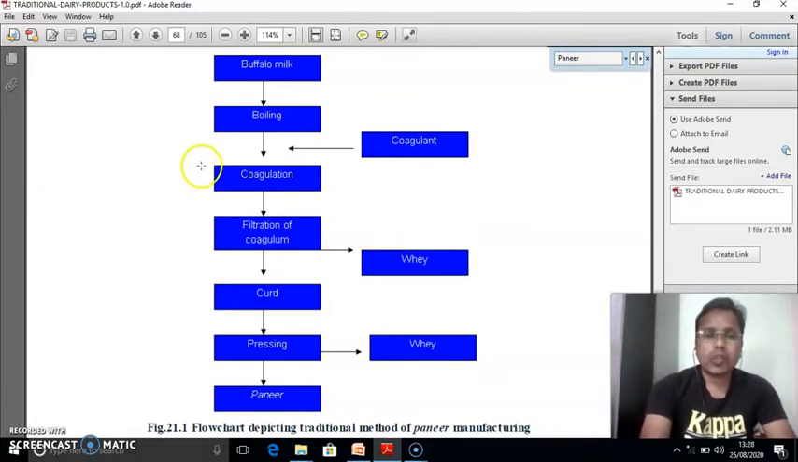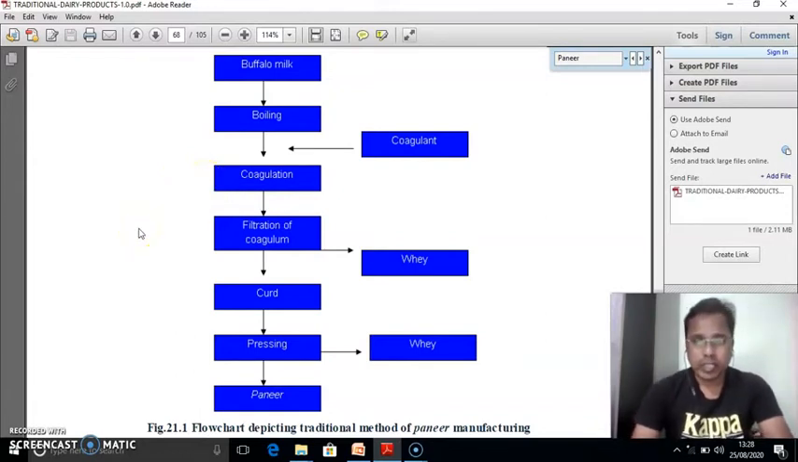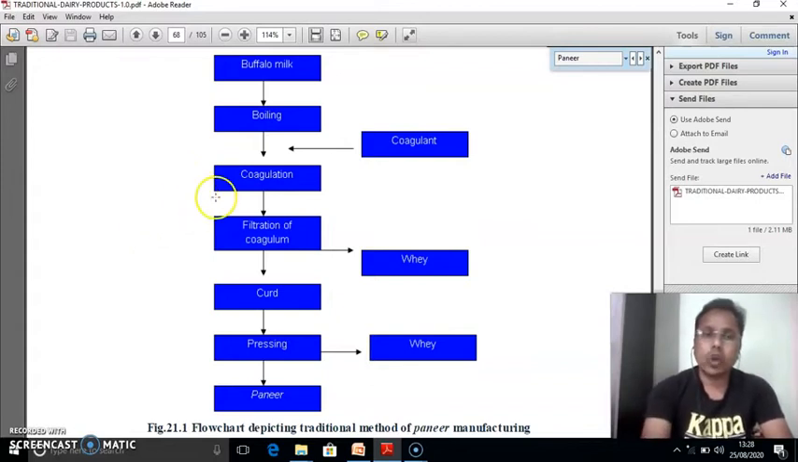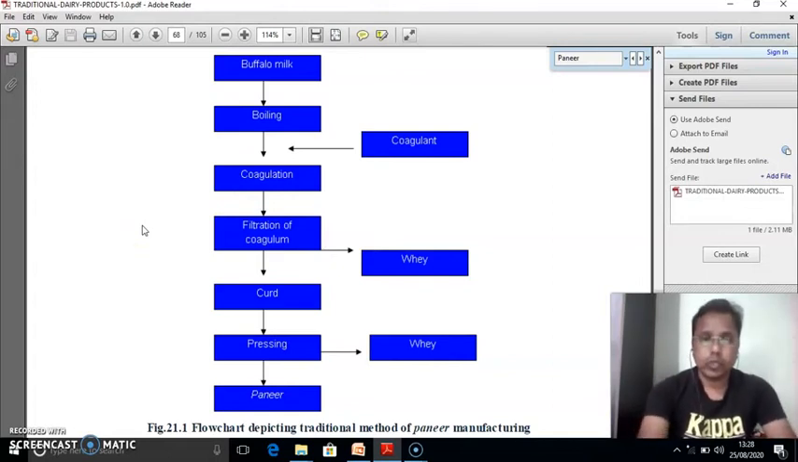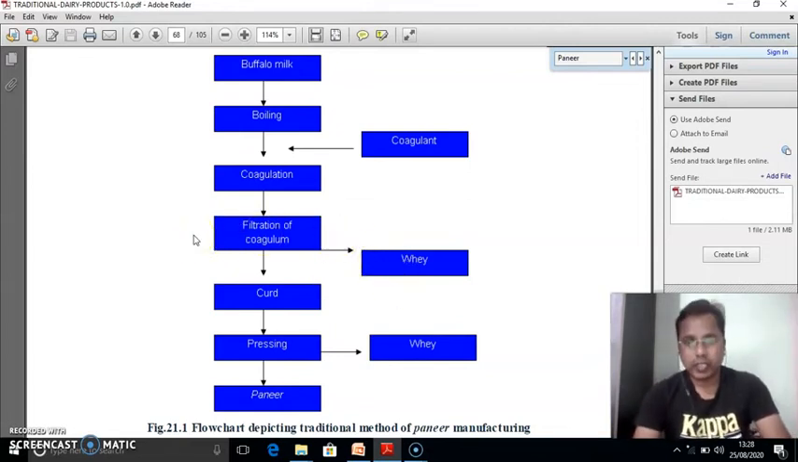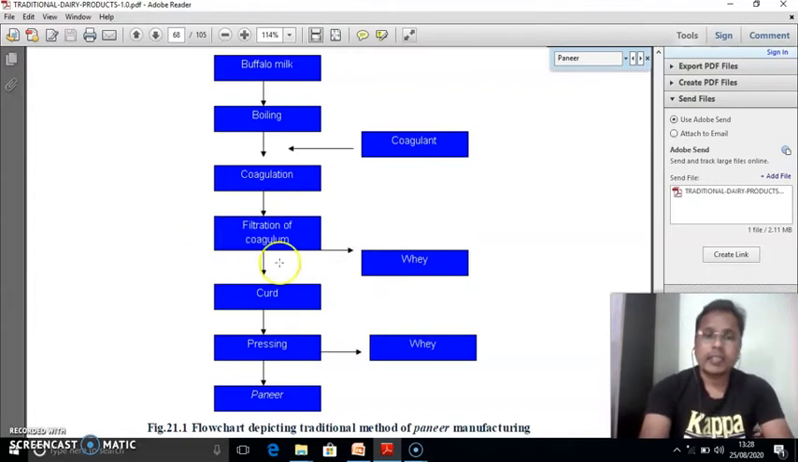After the complete coagulation of milk, this coagulated milk is transferred to a muslin cloth. A clean muslin cloth is taken, and to that this coagulated milk is transferred, where it is tied and hung up. So the maximum whey will be drained from that muslin cloth, and that muslin cloth will contain a curd